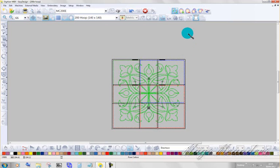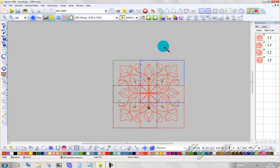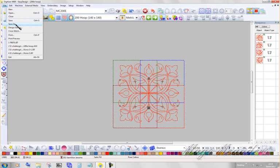So now I come out of combine mode. My program is complaining. It's been working very hard today. Okay, so there's my design, and I go to File, Save As,